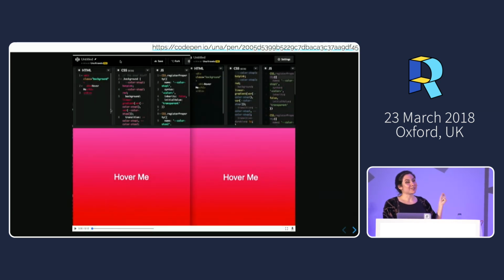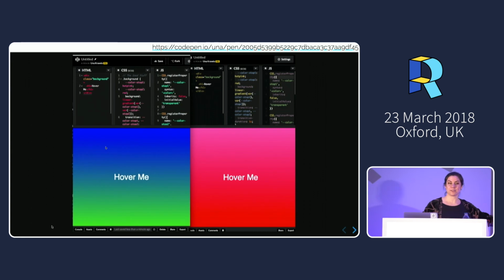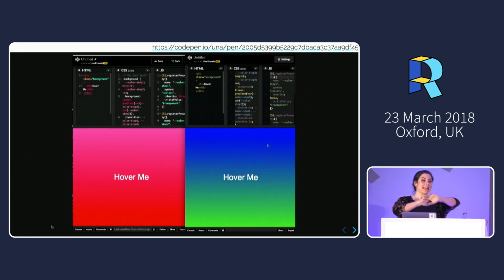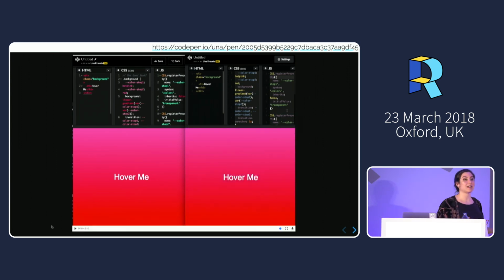Also, you can register individual properties. You can create your own individual properties. So here's an example of that. In the previous version of Chrome and in other browsers, well, in any browser, in Chrome right now, you can't animate gradients. You just can't do it. They're not interoperable. But with the Paint worklet, with the Paint API, you can create properties that are based on